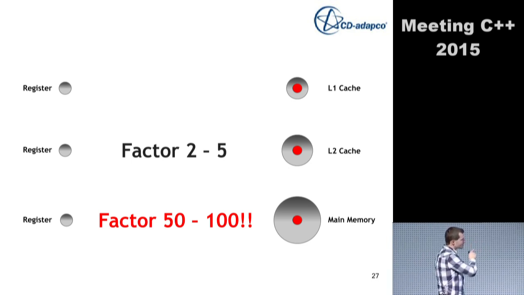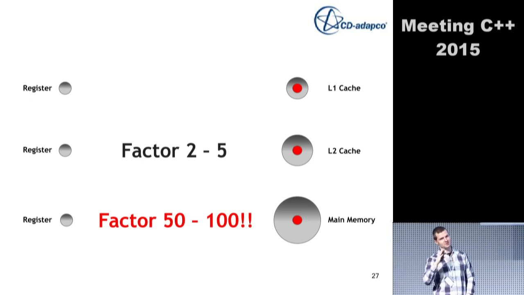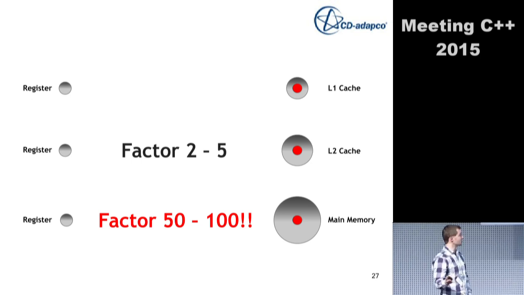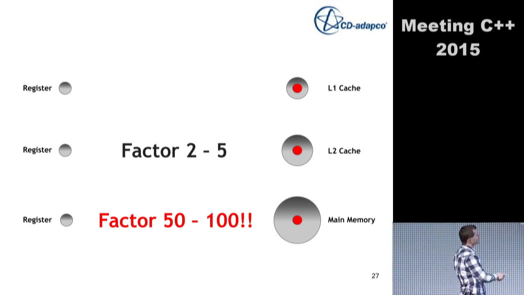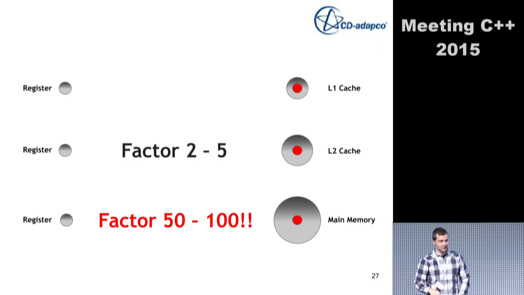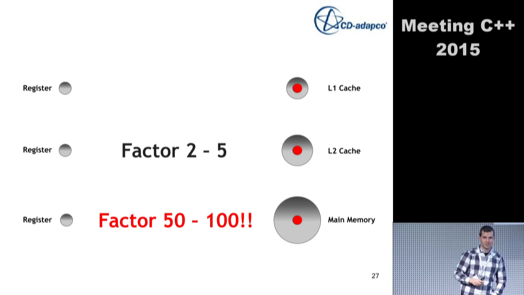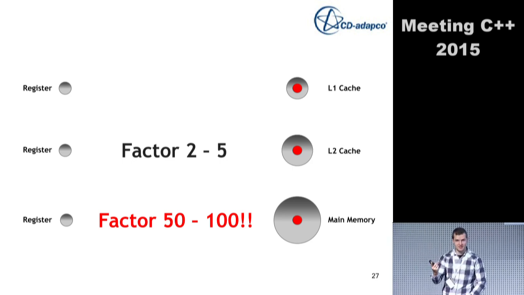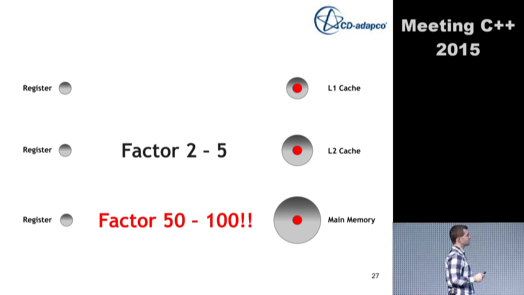And I have to admit, I borrowed this slide from Scott and also from Mike. So I saw this before, but I still just love the slide. This is the best slide I've seen in years. So if you have some data in the level 1 cache and want to work with it, it's very quick to be loaded to some register. If you have something in the level 2 cache, yeah, it is still fairly fast loaded into the register. If you, however, have to load something from the main memory, this takes some time.